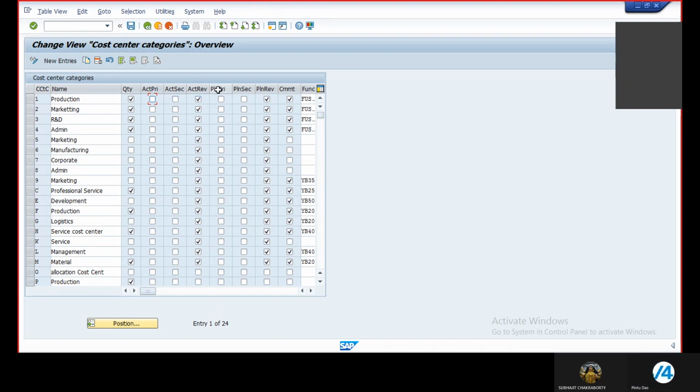Next is planned primary cost. Suppose you have planned some cost, about 1 lakh or 2 lakhs, whatever. Suppose you plan to pay a yearly salary of 1 crore. So that is the plan. The same comes for plan secondary costs, and plan revenue. And the last one is